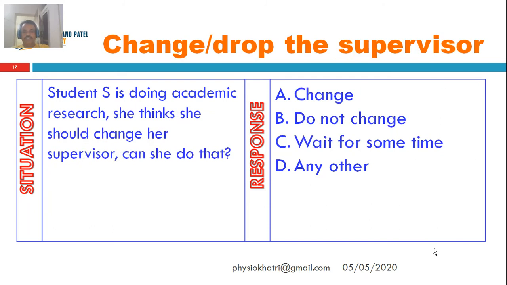Now, change, otherwise drop the supervisor. Student is doing academic research. She thinks she should just change her supervisor. Can she do that? Okay, option A, change. Option B, do not change. Option C, wait for some time. Option D, any other. Now sometimes the situation comes and there could be a number of reasons